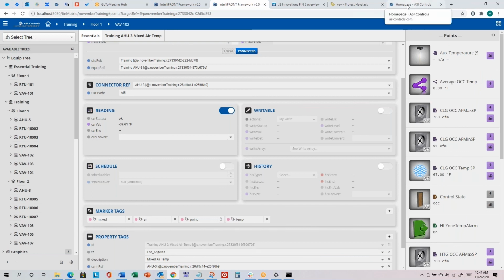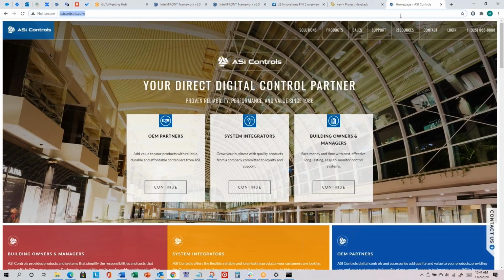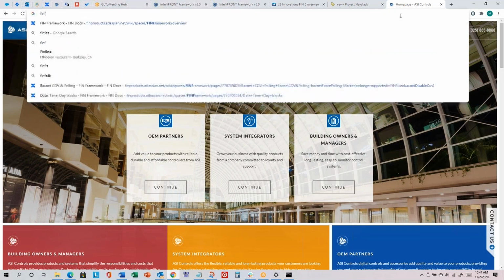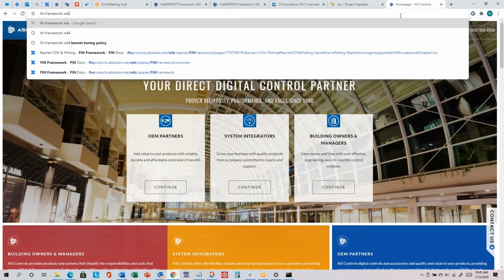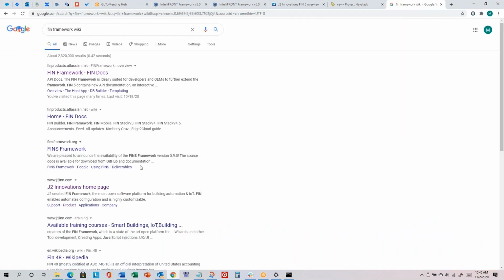And so there's a lot of online help that J2 provides for the base Fin framework. And I'll point you to that because you might find that helpful when you're building your own system. So I'm just going to, in a new tab, search for Fin Framework Wiki, W-I-K-I. And so then the first link is this finproducts.atlassian.net, Fin Framework, Fin Doc. And so if I click on that,